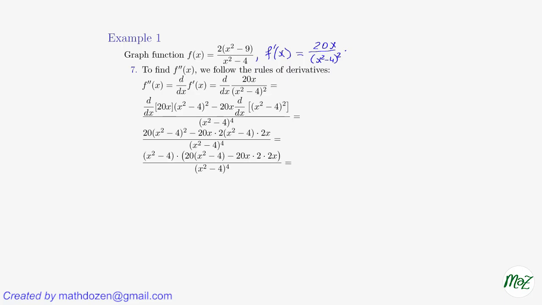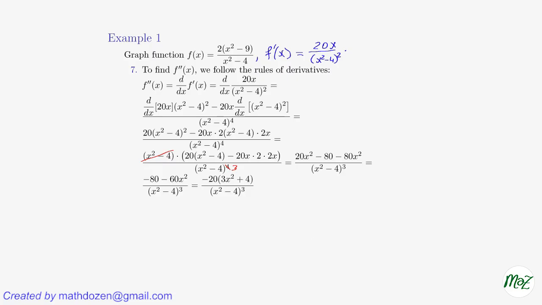Then we factor out x squared minus 4 in numerator, and we see that there is 20 times x squared minus 4 left, and negative 20x times 2 times 2x left out of the next term. Once we factor this stuff out, we can cancel x squared minus 4, and arrive at this expression: 20x squared minus 80 minus 80x squared. This simplifies to negative 80 minus 60x squared, and then we take negative 20 out, and that's the formula for